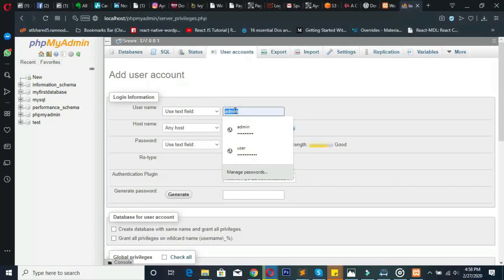Now you can use anything for this, just like for the database. If you remember, I used my first database. You can also use anything for this. It doesn't have to be my first database and all of that, but for just a start, for learning purposes, you can stick with what I use for now. But these values are not really constant. You can use anything. All right,